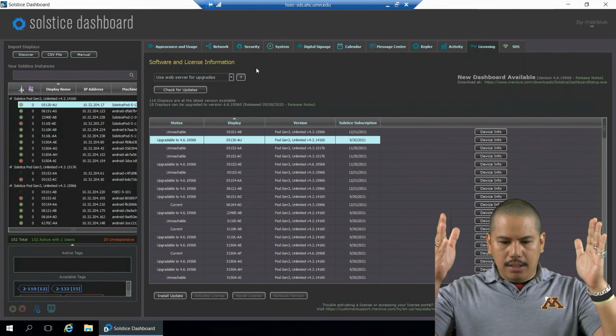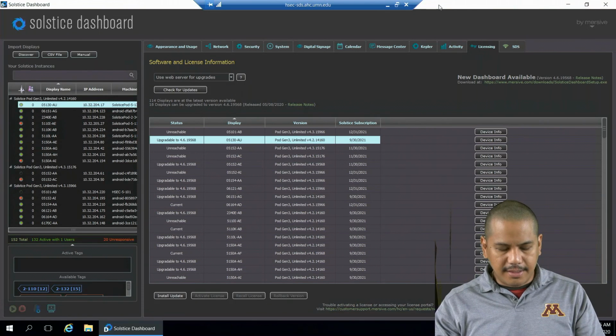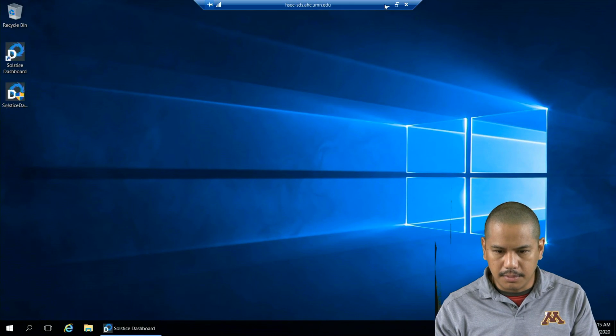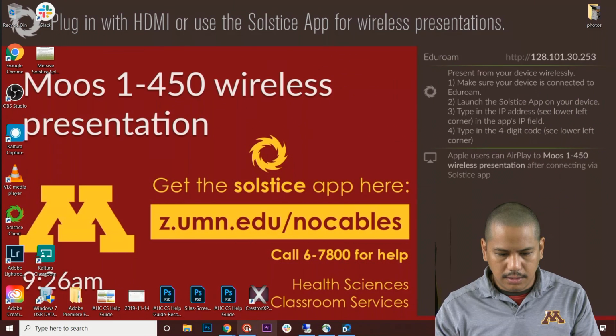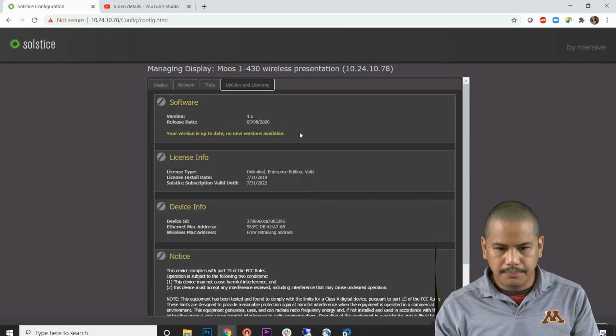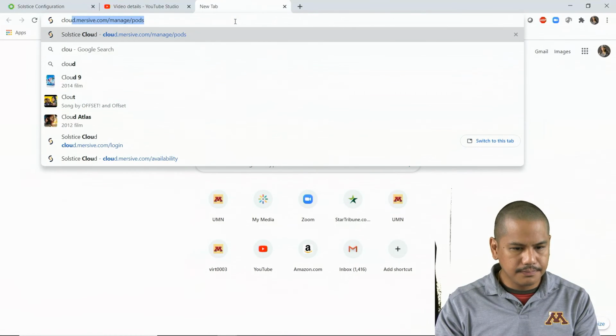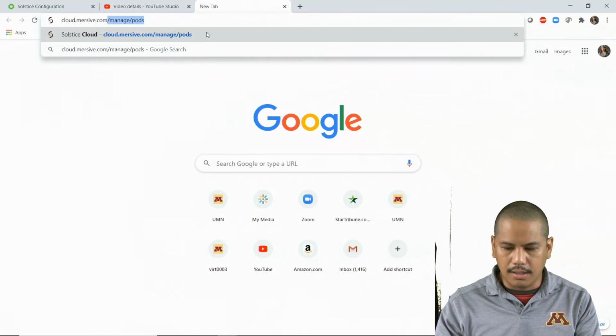So we're at free. The last thing that I wanted to show you, let me just minimize this. Oop, I gotta minimize this. This one is pay for. So if you go to cloud.mersive.com,